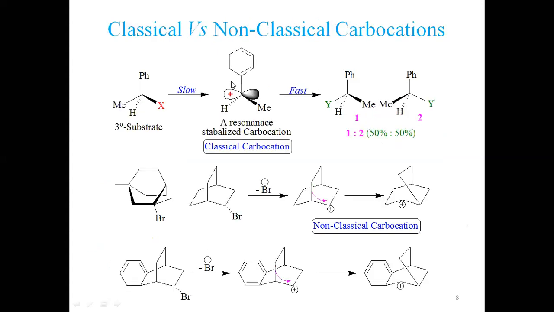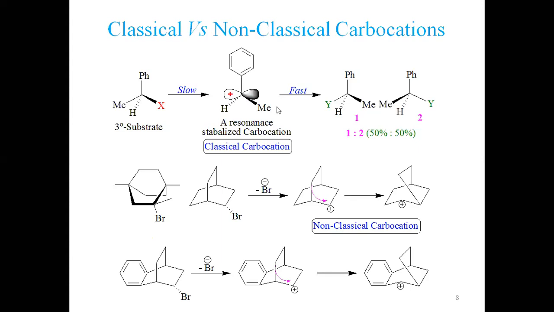So just look at here. In this ion, we have a phenyl here, methyl here, hydrogen, and this X group leaves to generate this carbocation. This carbocation is stabilized by this pi electronic density, right? So if it is stabilized by this, this is called a classical carbocation. Let's say rather than phenyl, we have a methoxy group present here, OMe. So oxygen has a non-bonding electron pair, and it is stabilizing this positive charge on this carbon due to resonance.